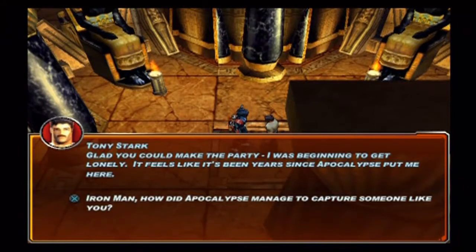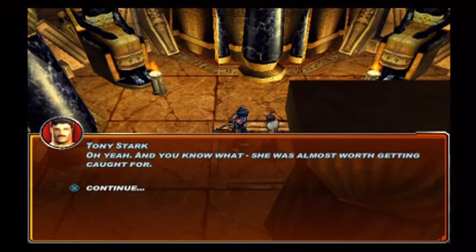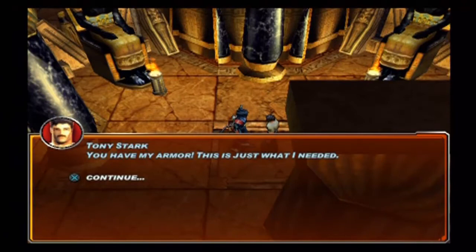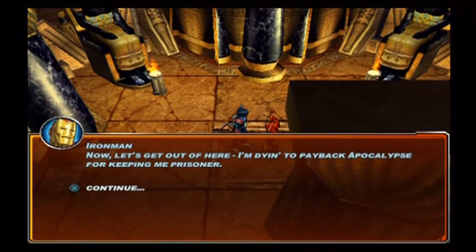Glad you could make the party. I was beginning to get lonely. It feels like it's been years since Apocalypse put me here. Iron Man, how did Apocalypse manage to capture someone like you? Let's just say a trap was set up using my only real weakness. Alcohol, beautiful girls, magnetism. I assume you have an armor that prevents that, actually. Oh yeah. And you know what? She was almost worth getting caught for. You have my armor. This is just what I needed. Now let's get out of here. I'm dying to pay back Apocalypse for keeping me prisoner. And we will do just